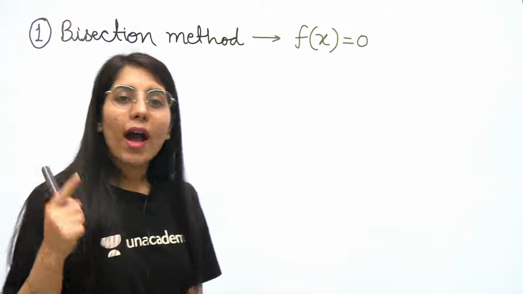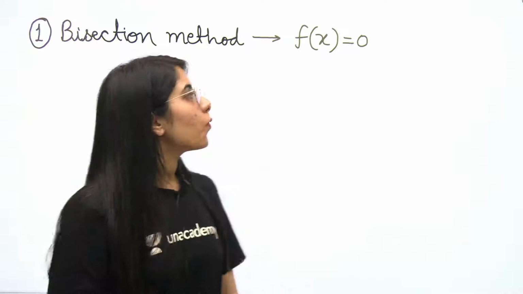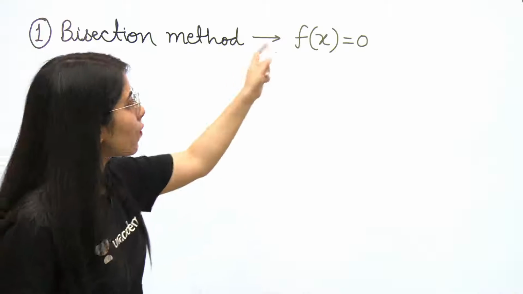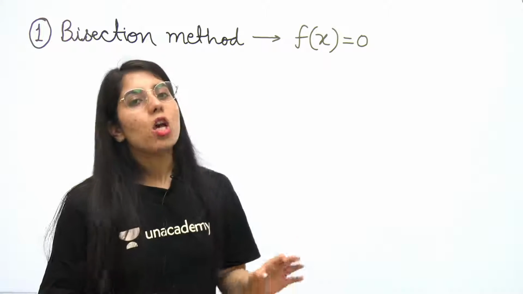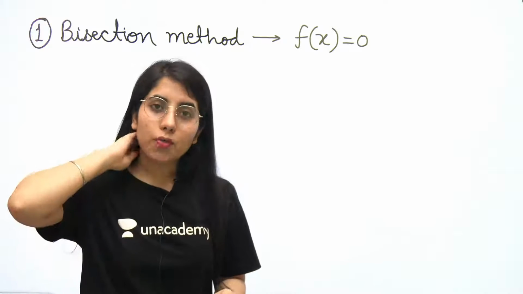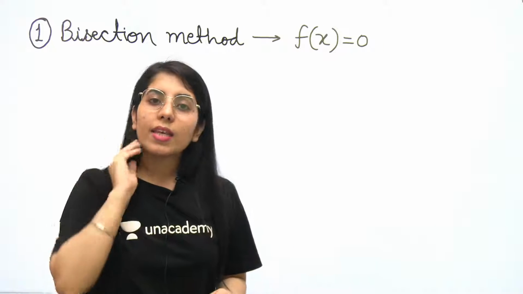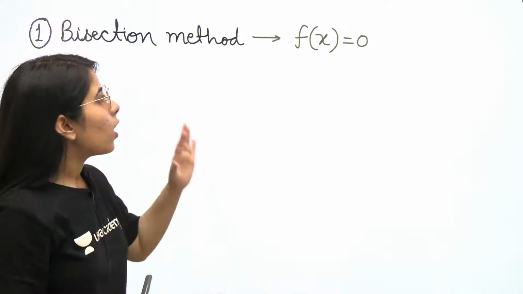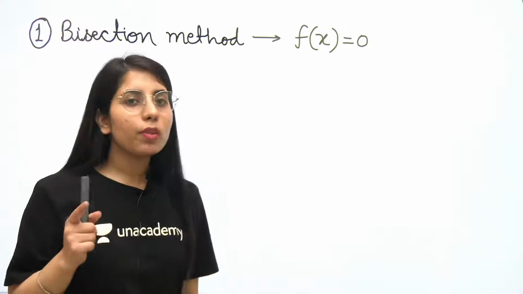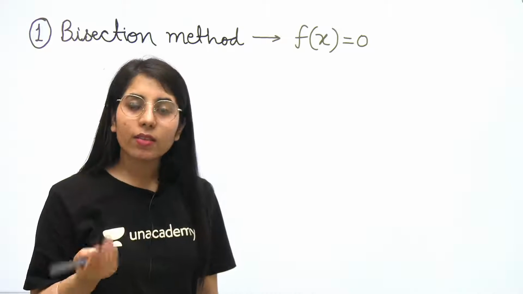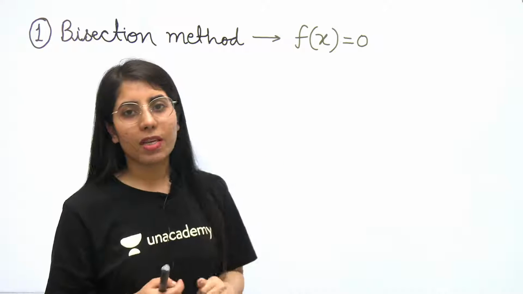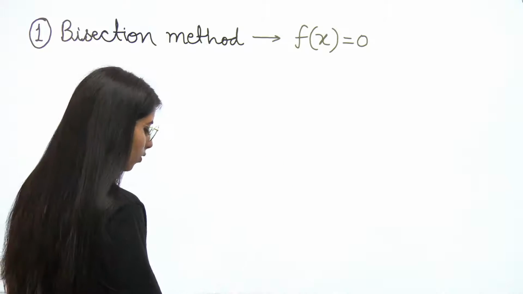Another thing: why we use it and when we use it. For example, if this is the type of equation given to you, which is in f(x) = 0 form, and they are asking you to find the roots of the given polynomial, you will use this method if it has been mentioned to use the bisection method. But you will only be able to use it when you are familiar with the steps to solve the question using the bisection method. So let's talk about it right now.